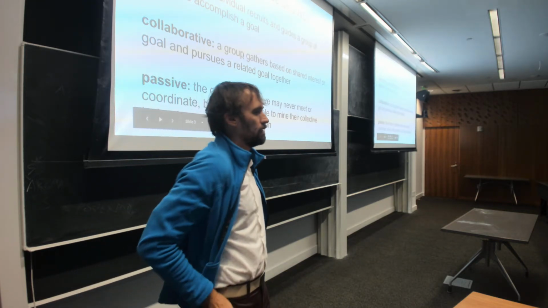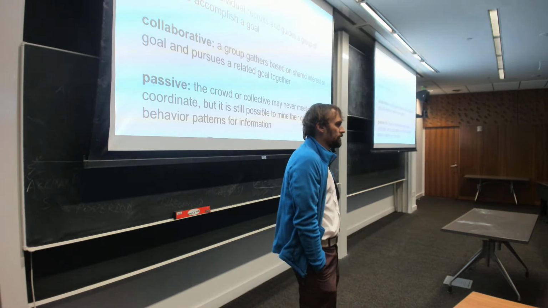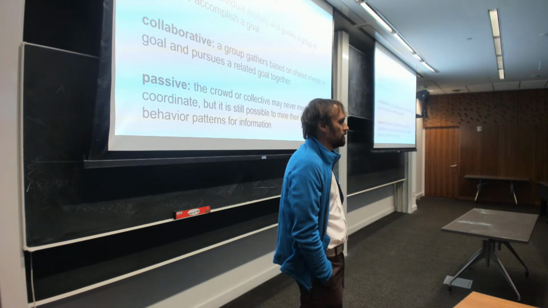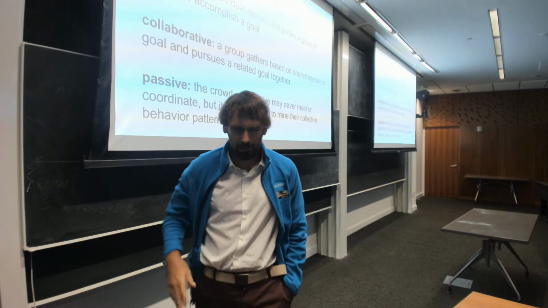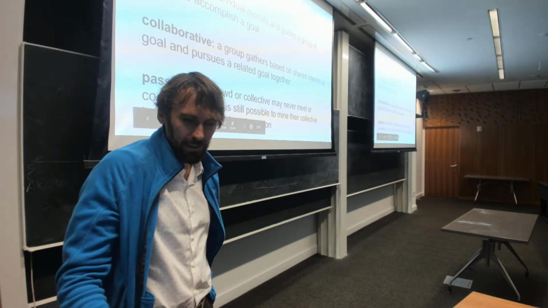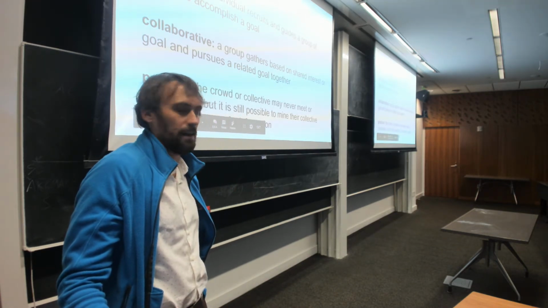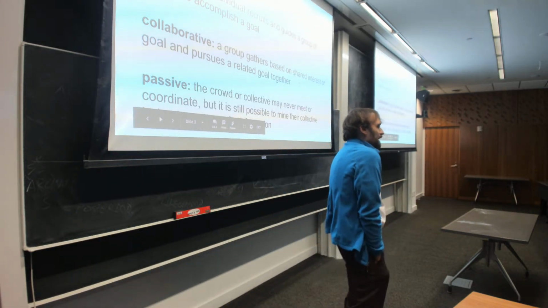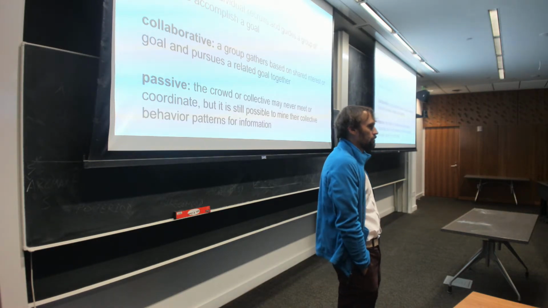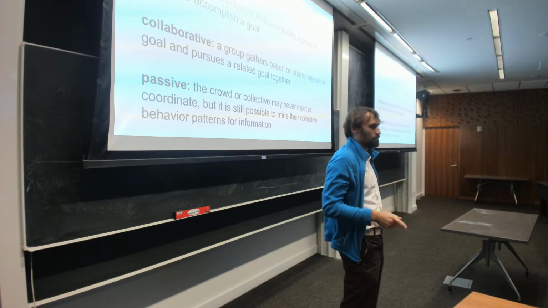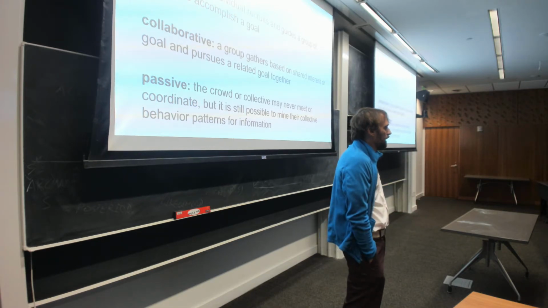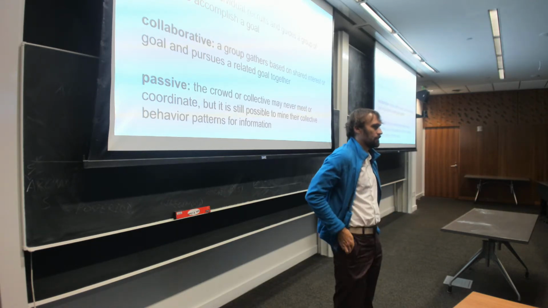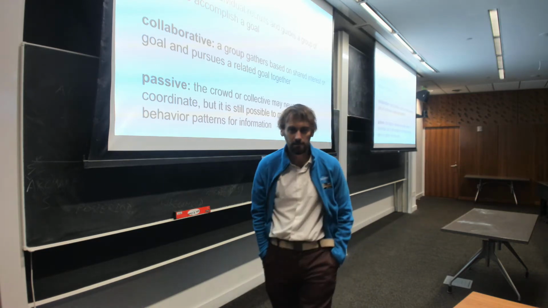This is more like the Wikipedia model, right? A group comes together and they want to do something, and based on shared interests and goals, they pursue that thing. Another kind of crowdsourcing that doesn't have a clear requester-worker breakdown is passive. Waze, for instance: I sign up on Waze, but I don't really ever have to directly do work. You can report various things, and that's maybe directed, but I can just leave the app open. It would collect stuff as I drive around, and I don't really have to ever do anything. So it's passive.